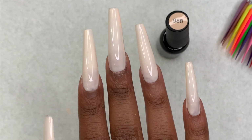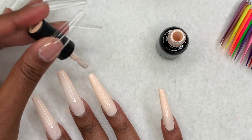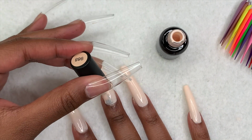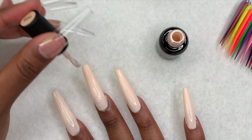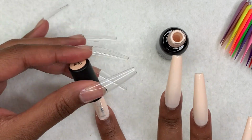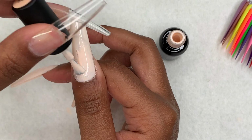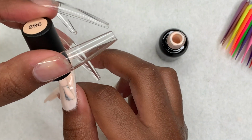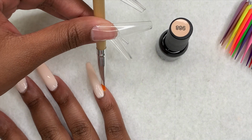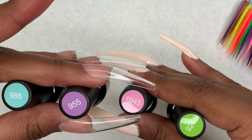I'm not going to show all fingers, but once I got that first layer done, I just cured for 30 seconds, and now I'm going back in with the second layer of this cream color. So once I got done, I cured these for 30 seconds, and then I'm going to go with these pastel